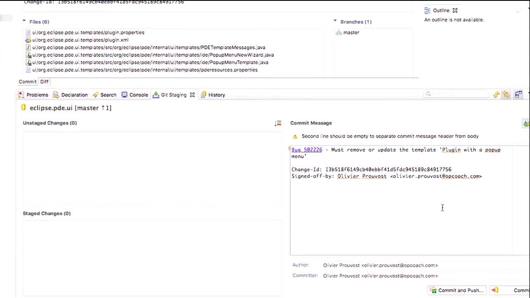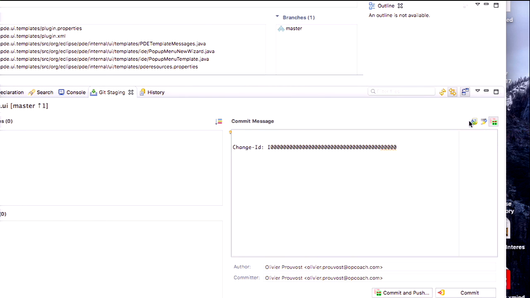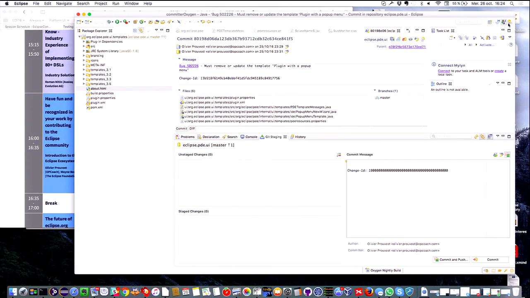OK, so this is a typical commit message where you must copy the title of the Bugzilla bug. So that was the bug, this bug number. You must put the title, and then you must click on the 2 buttons at the top here, this one and this one, so as to add your signed-off and your change ID. So it's already done, so I will not commit it. And when it's done, so I will not amend it, it's OK, you can push it to